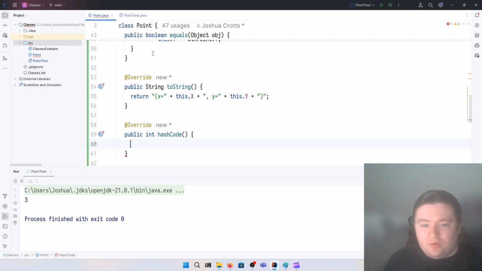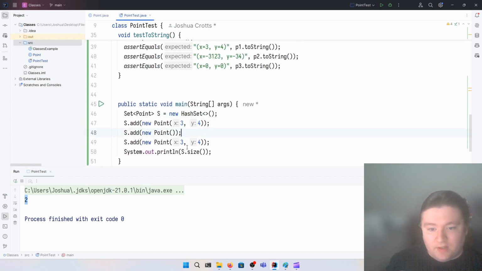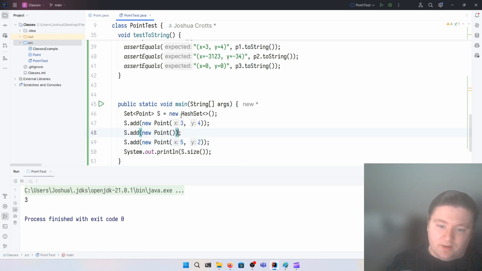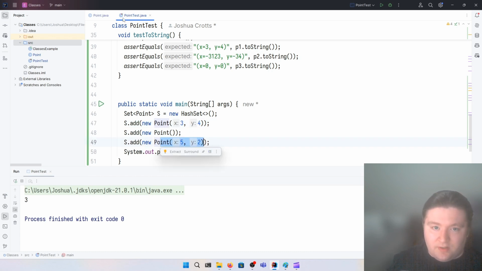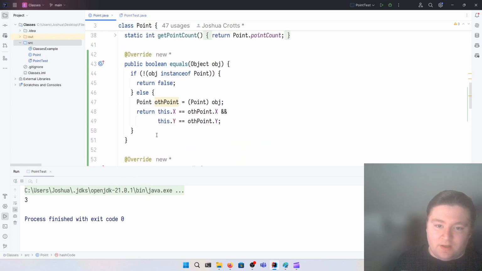Maybe the hash code of a point might be defined as the sum of its x and y coordinates. And in fact, if we do this now, of course, this is going to be 2. But if we change this, you may think, okay, this is going to work, because even if we change this, this is going to be 3. But you might think there might be a problem with this because the sum is going to be